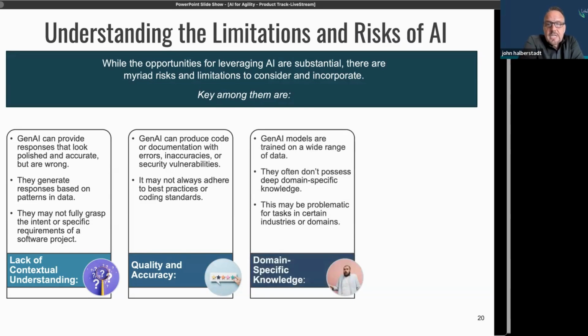Relatedly, domain-specific knowledge. Again, these models are trained on a wide range of data that's generally publicly available on the internet and from other publications. They're great for things that I would say are commoditized in most cases. So if it's a very common need, a very common problem, I think they're great for things like OKRs, because that is a fairly well-established construct.